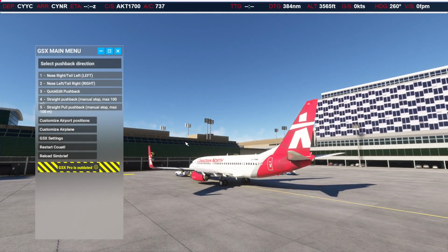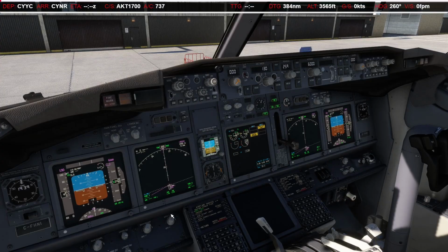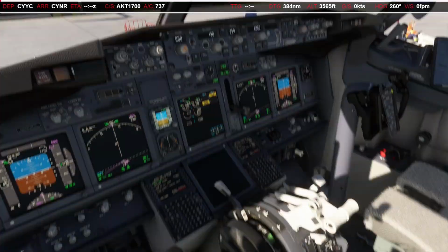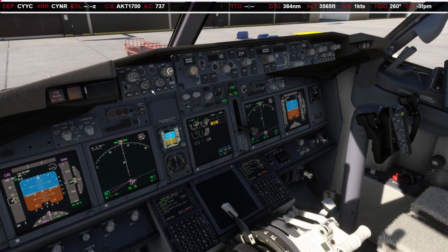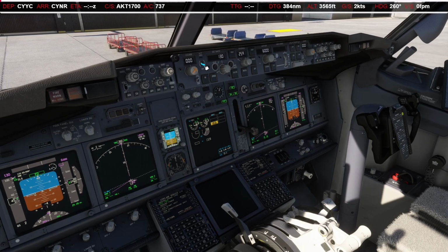Okay, so I'm going to want my tail to the right. I believe my parking brakes are released, but I guess we'll do it again. It should start moving pretty quickly. Okay, engines are spinning up. So we'll get our flight directors going so everything can...